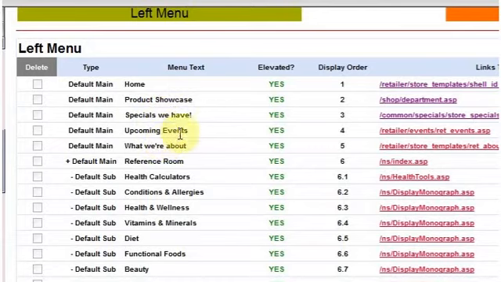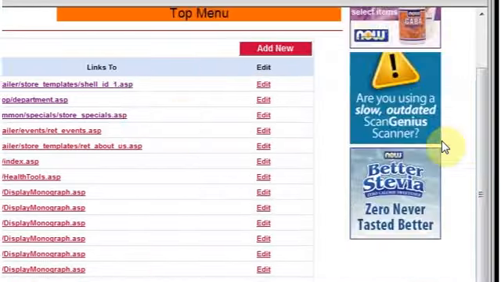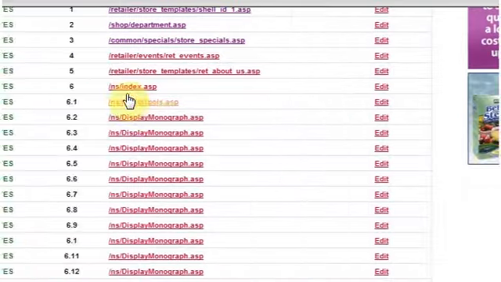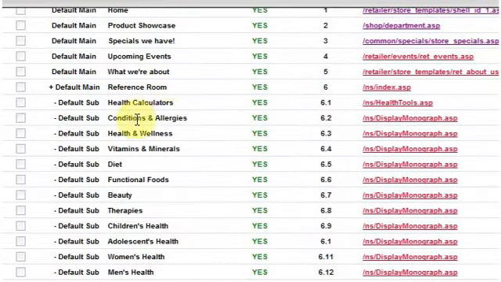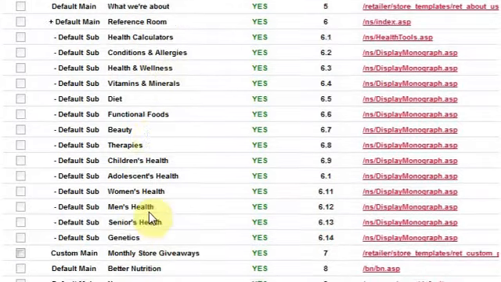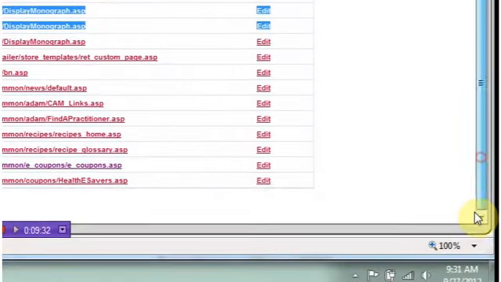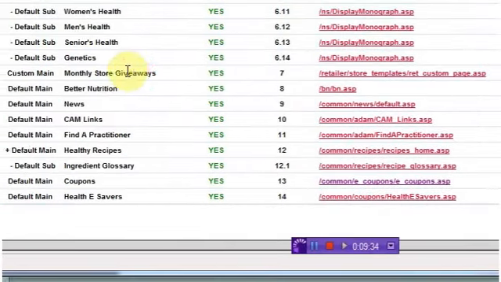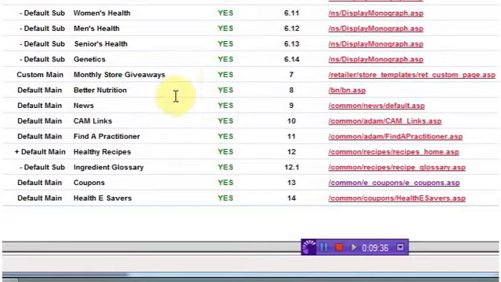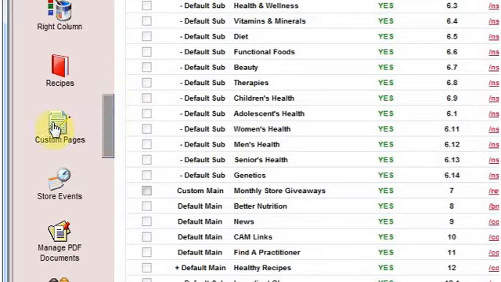This would be the About Us page, the reference room, which includes health calculators, conditions here, health and wellness, all of these actual subcategories here. Then we've got custom page, monthly store giveaways that's set, and we really encourage you to make those custom pages. You can actually create them here to the left in the same menu under custom pages, and